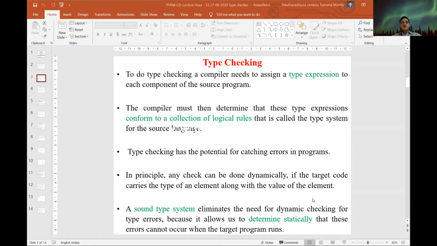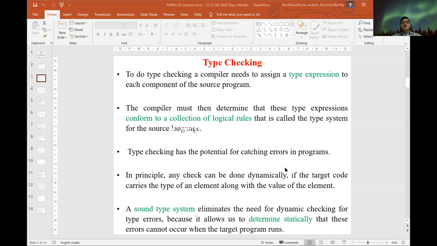So if you have a sound type system containing all the required syntactic rules and regulations, particularly for type checking errors, type semantic errors, it allows us to determine statically that these errors cannot occur when the target program runs.